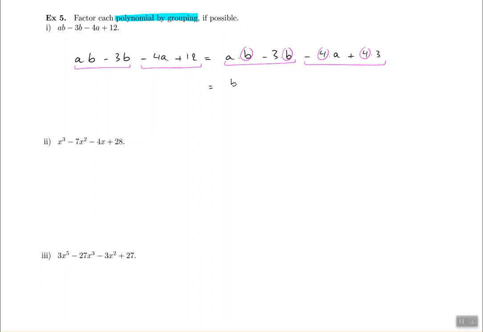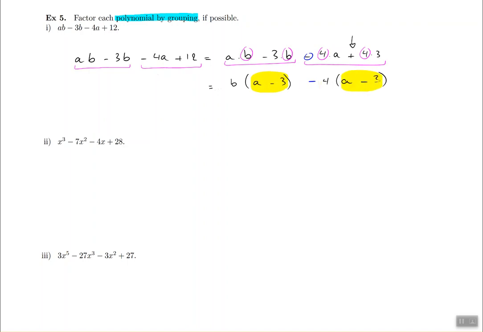So the first group, factor the b out, and you're left with a minus 3. The second group, we're going to factor the 4 out, and not only that, but also, since there's a minus on the first term, we're going to factor the minus as well. Now keep in mind, when you factor the minus sign out, the terms on the inside get flip-flopped. So they get switched from plus to minus or minus to plus. So the positive that was there turns out to be a negative at the end, and then we put the 3. And if you're doing this correctly, you should notice that the terms a minus 3 and a minus 3